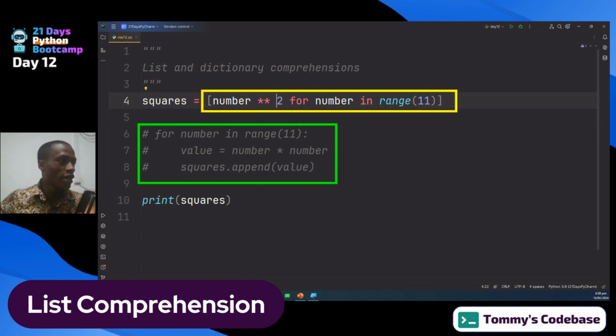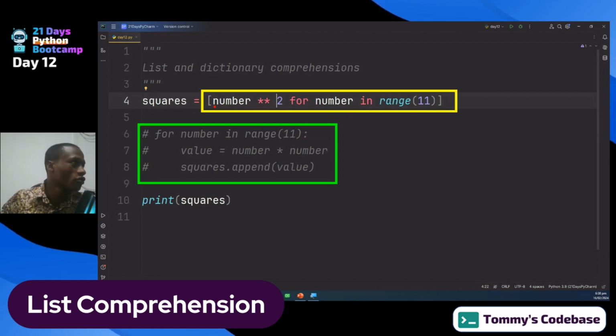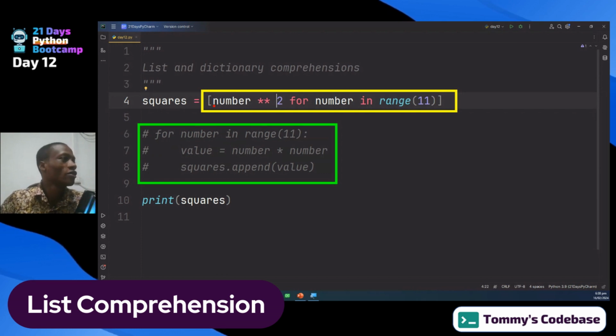Inside the list square brackets themselves, we just say number. So usually introduce the variable. The syntax may not always look like this. That is why usually I give a kind of how it looks like, but the syntax may not always look like this. But if you grasp the understanding from here, I think you can apply it to any complex problem that you want to, because this list comprehension can actually go further and have if else inside, just like we do for normal loops. And so for this purpose, for this example, we can just say number star star 2,